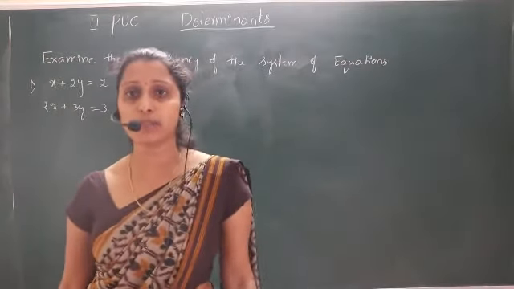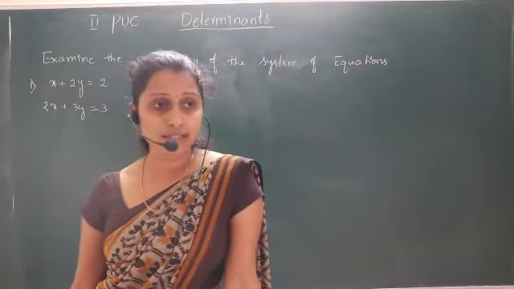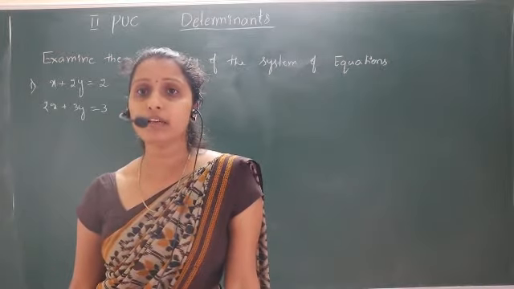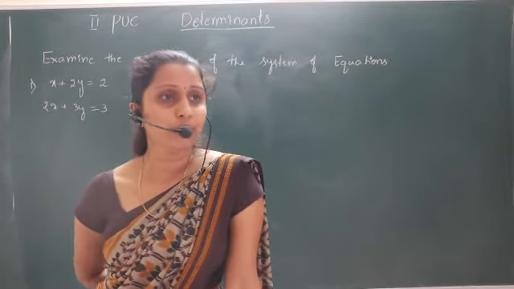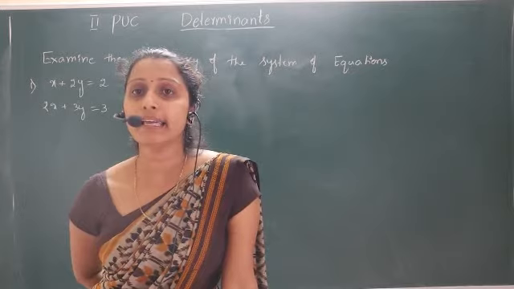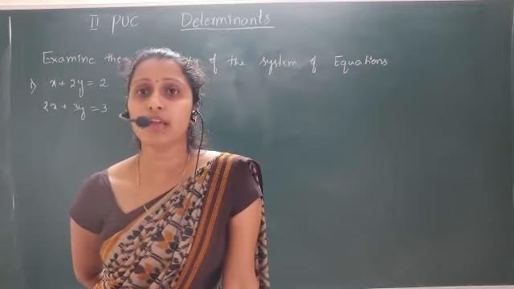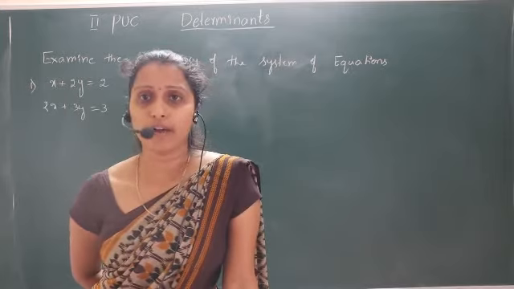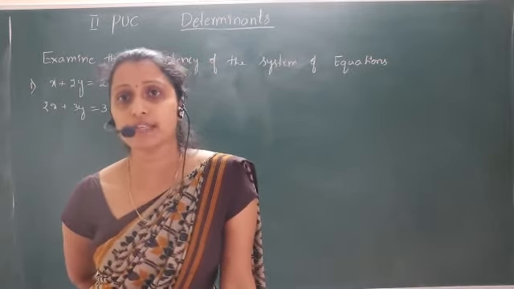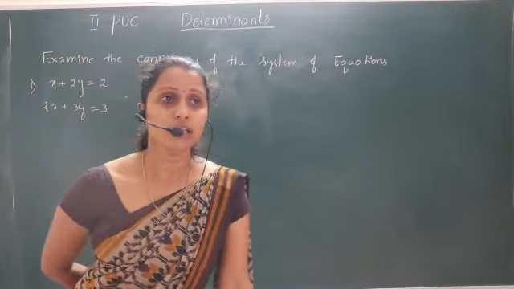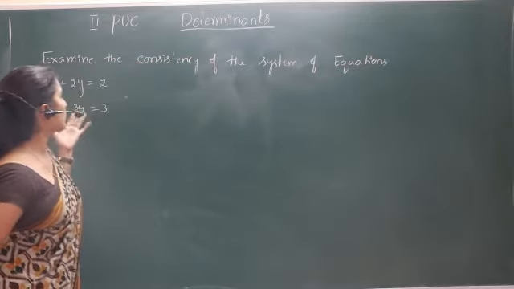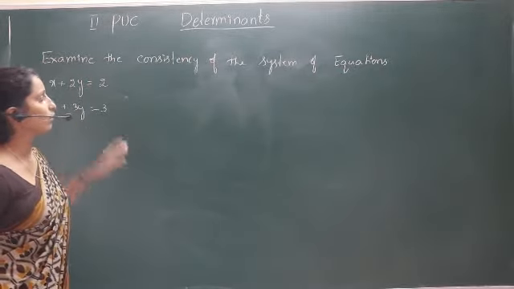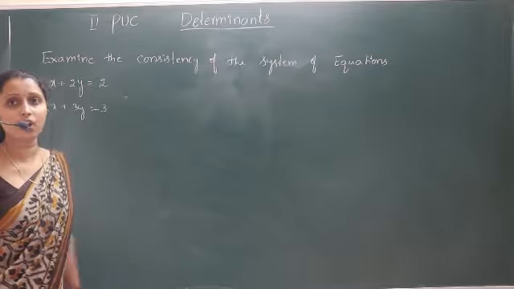Also, to check whether it is consistent or inconsistent, if it is consistent, we can use the method of finding the solution x by finding A inverse into B. That means the inverse of matrix A times B. So that is one more way of finding whether the given system of equations is consistent or not. Now, if a system of equations is given, you have to check whether it is consistent or not.